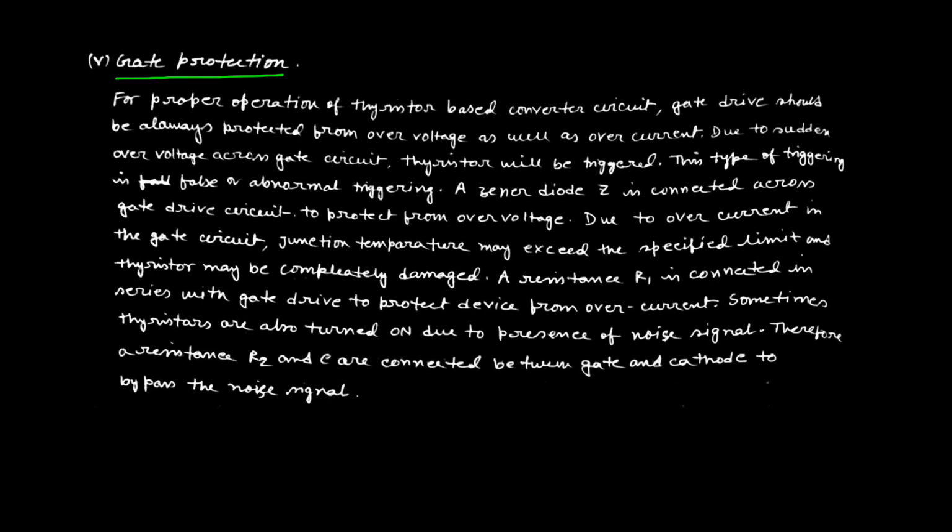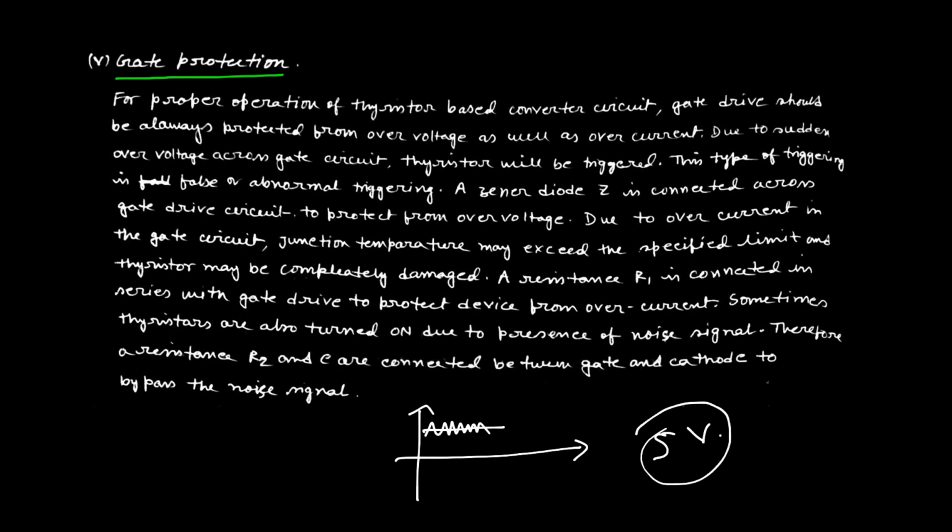Suppose, assume for any application purpose, the gate signal should be DC. And suppose we are applying the DC voltage to the gate terminal, but there is some noise like this. Suppose the specification of the gate is 5 volt. That means if we apply 5 volt DC to the gate, then the switch will be on. Suppose we are not applying 5 volt, but 4 volt, to maintain the off state of the switch.